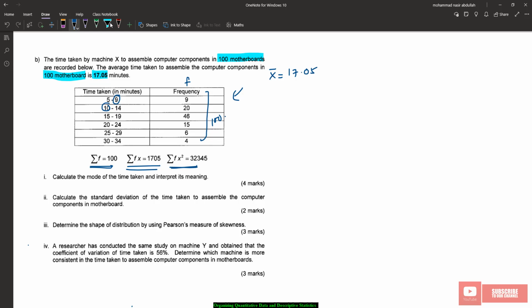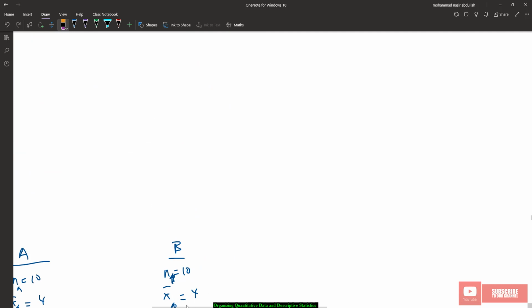So now they ask us to find the value of mode time. They calculate the mode of time taken and interpret its meaning. Now, to calculate mode, first we need to look at the data. We have a group data with a range value in the class, right? So let's look at the formula